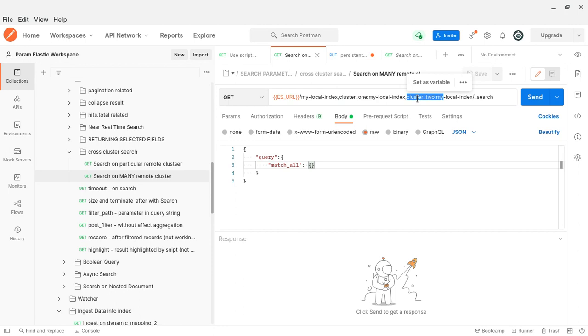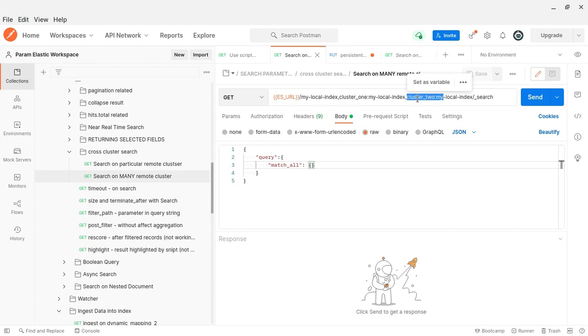The coordination node will receive the request and dispatch it to all the remote clusters, cluster 1 and cluster 2, and wait for the responses. Once received, it merges all the results and sends them back to the client. This is how we can search the remote clusters. Till now we have seen how to configure a remote cluster to the local cluster.